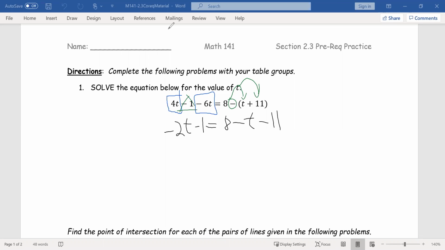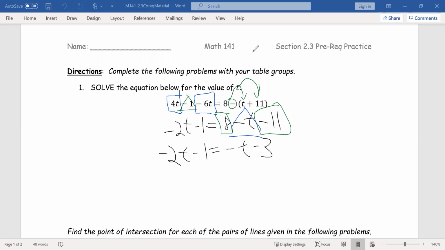Notice now what we have on this right-hand side. There's an 8 and a negative 11. Those will be like terms because they both do not have variables with them. The negative t will not be because it has a t in it. So our equation will now become negative 2t minus 1 equals, we'll leave the negative t, 8 minus 11 becomes